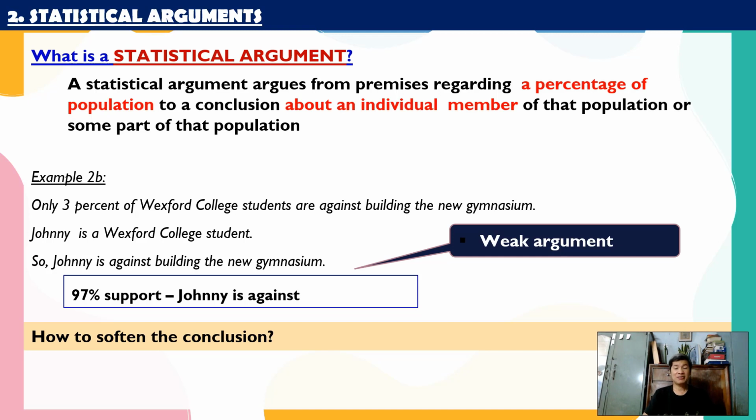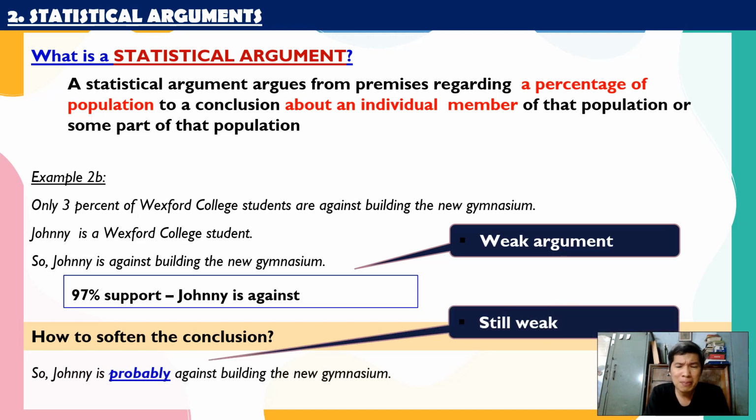Then for example, you do the survey, and a very low percentage of the students consider this model as effective. Very low percentage. And your conclusion is that this model is effective? That's a weak argument, right? Think about this. Even when you just soften it with "probably", it is still weak because the percentage is very small. Then think about the percentage. Think about the findings for your research in the future.